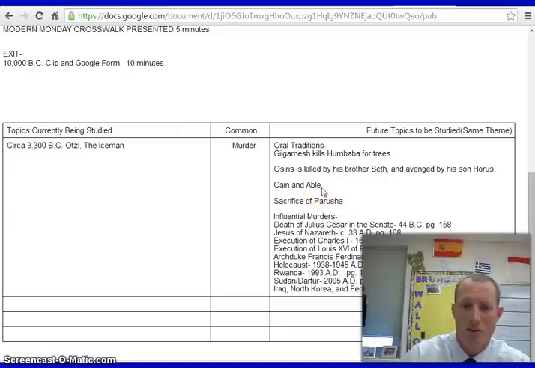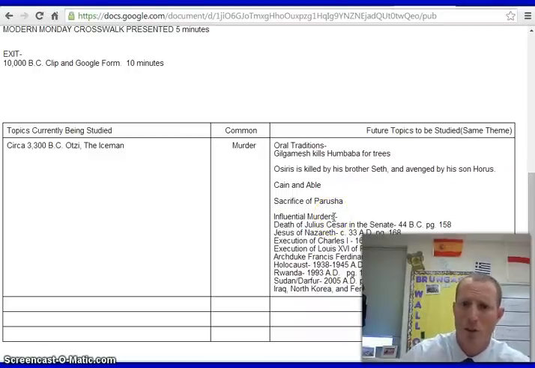The next one that we see is pretty regular when we talk about the Hebrews in Israel, and monotheism is going to kind of be our theme there. Cain and Abel are the two brothers. One kills the other. Some of you may know this story. Additionally, when we talk about India, we talk about the Indus River Valley, the development of everything essentially is the sacrifice of Purusha by the other gods. His arms are cut off to create people and other items is the general idea of this oral tradition.